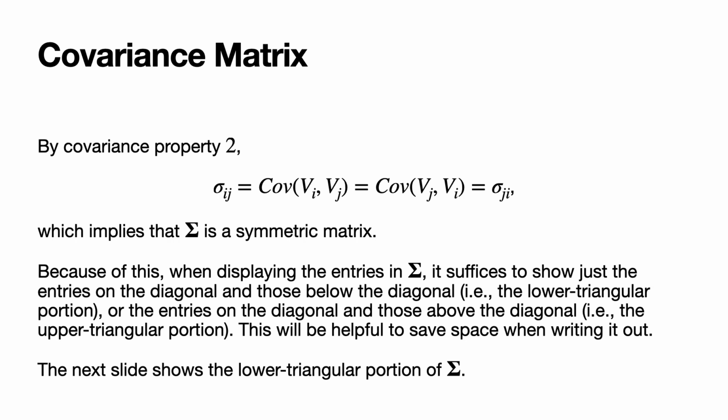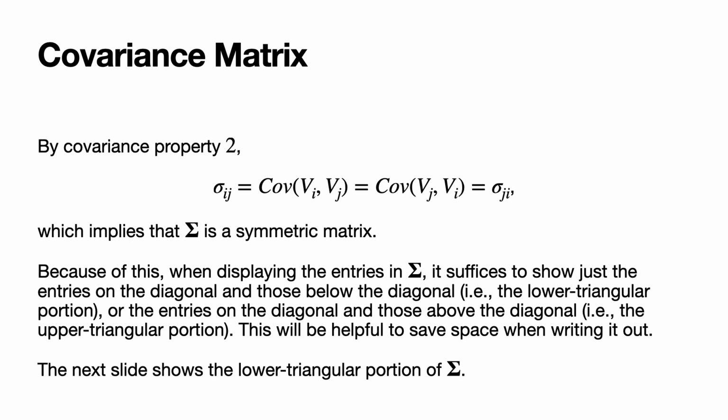In addition, sigma sub ij, which by definition is the covariance of V sub i and V sub j, by covariance property 2 is equal to the covariance of V sub j and V sub i, and that by definition is sigma sub ji. And so sigma ij is equal to sigma ji,